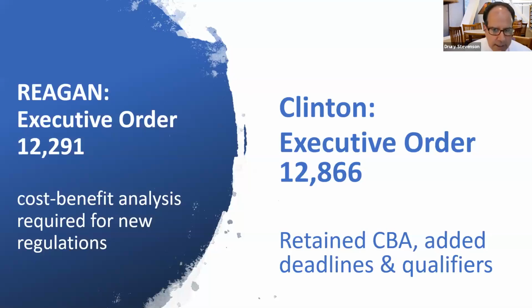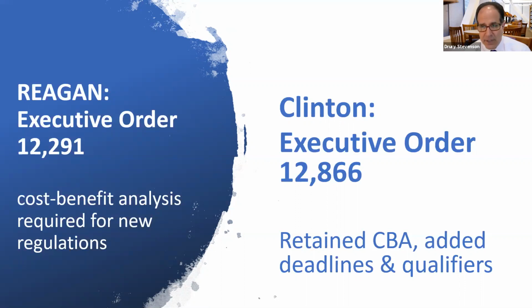So having said that, let's go back to the two most famous executive orders by far, which are 12291 and 12866 from Clinton. Your casebook authors mostly focus on the latter one, but this really starts with Reagan's Executive Order 12291, and this was revolutionary. This was really revolutionary. And in terms of domestic agenda, this may be the most important part of Reagan's domestic